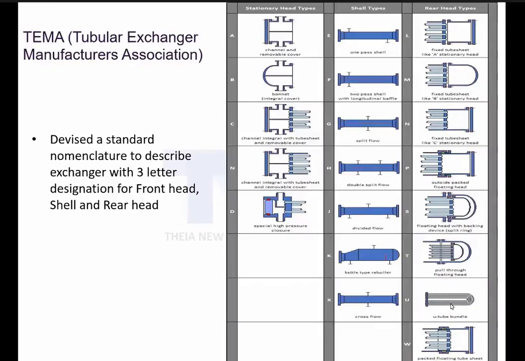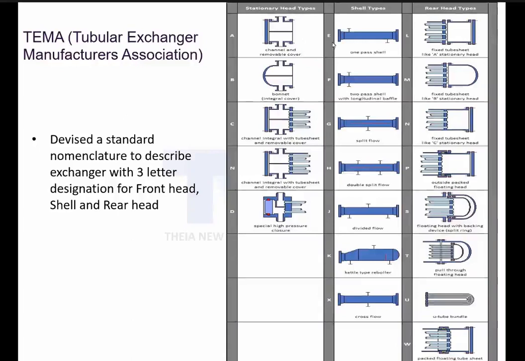Then the last one, what I said, is floating head exchangers. If you see the last letter W, T, S, P, it is called floating head. So exchangers are classified based on the rear end. The first important thing: only based on the rear end are exchangers classified. Clear? Now, this is the rear end.